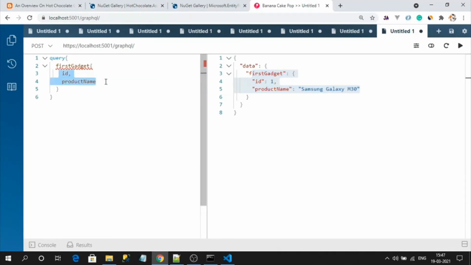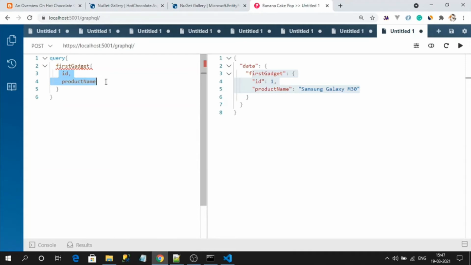The benefit is we no need to write any logic on the server side. Automatically, it returns the response based on the requested properties. Because of this, our response size is very small, and it is also a performance booster. When the JSON size is small, it gives performance as well.